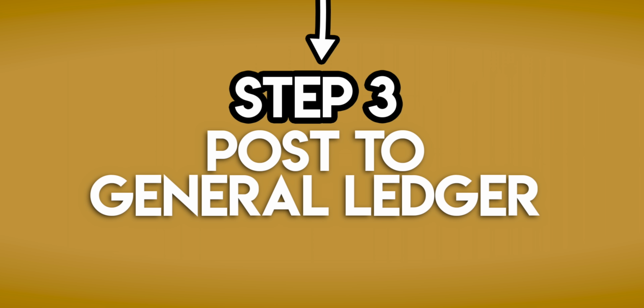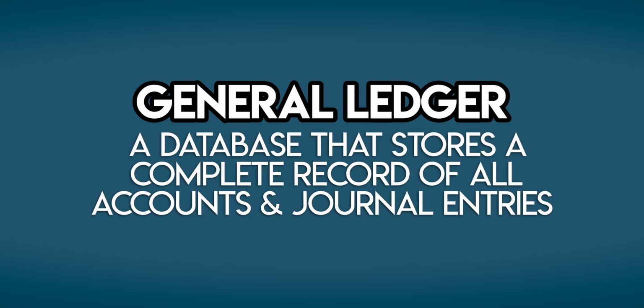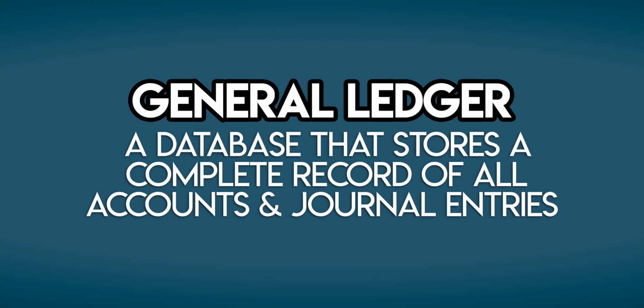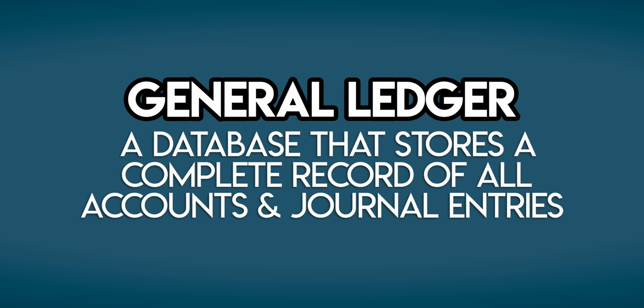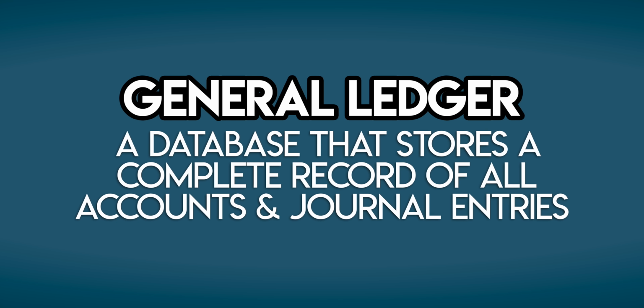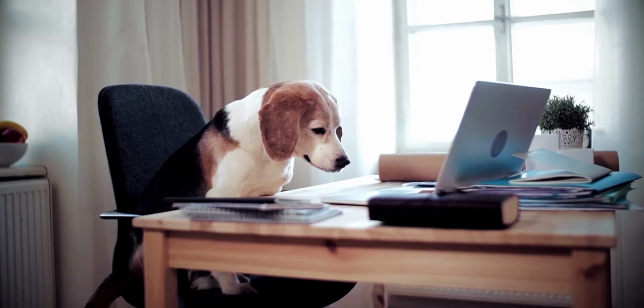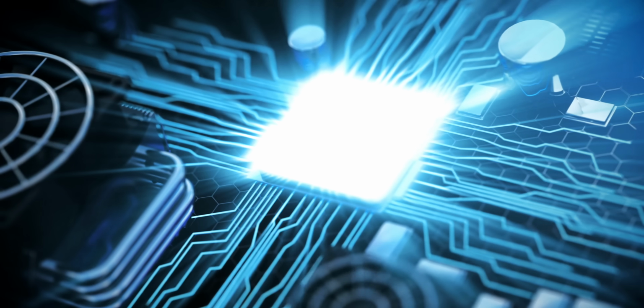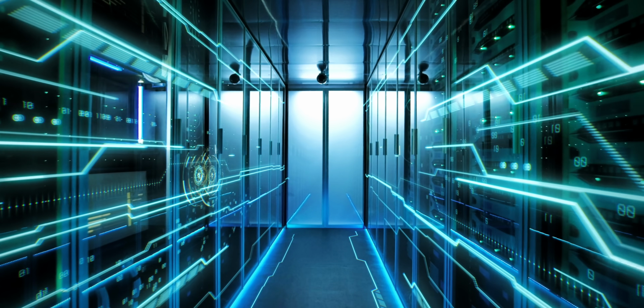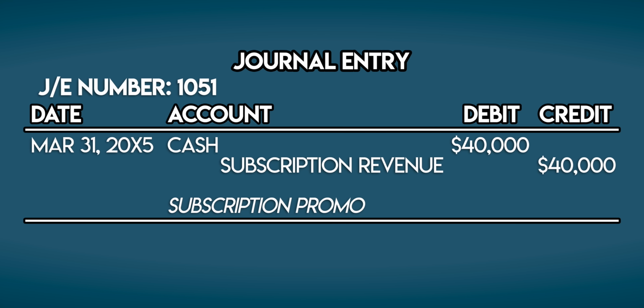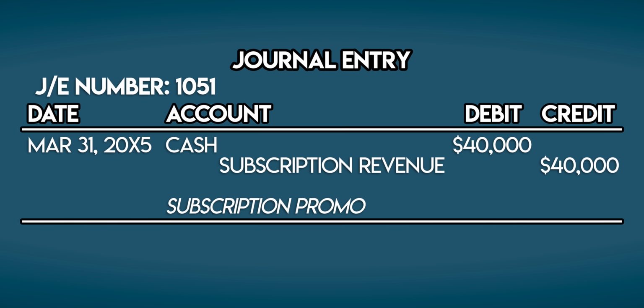The next step is to post the journal into your general ledger. The general ledger is a place where you store all of your financial data. It contains a complete record of your accounts and journal entries. Back in the day, it used to be this huge book that you'd fill out by hand, but thankfully we've moved on now, and businesses like yours use accounting software which treats the general ledger as kind of a central database. So how do we get this journal into your general ledger?